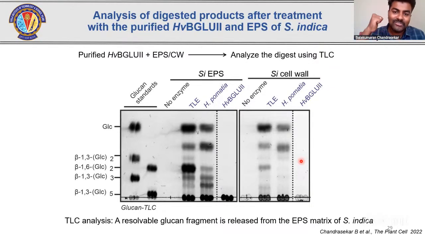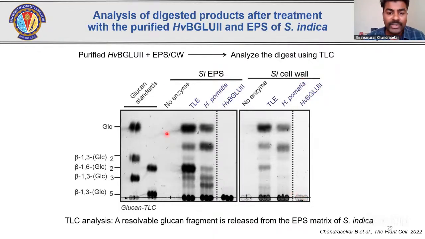We analyzed what kind of fragments are released by the hydrolytic action of this particular enzyme. We were amazed to see that in the EPS matrix, that's the extracellular polysaccharide matrix, HVBGLU2 was releasing a high molecular weight fragment very clearly, in very high intensity, whereas this fragment was absent when this enzyme was treated with the cell wall. So this indicates that this enzyme is very specific for the EPS matrix, releasing a high molecular weight fragment specifically from the extracellular polysaccharide matrix, but not from the plant cell